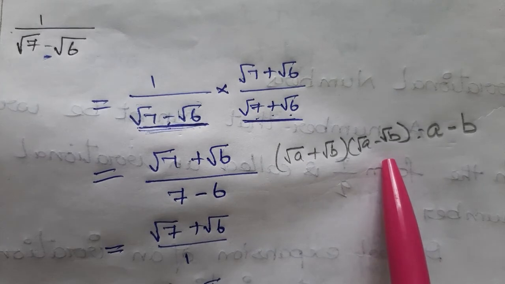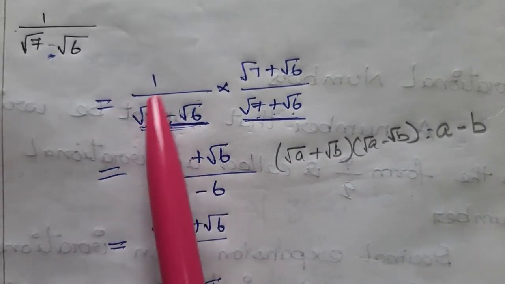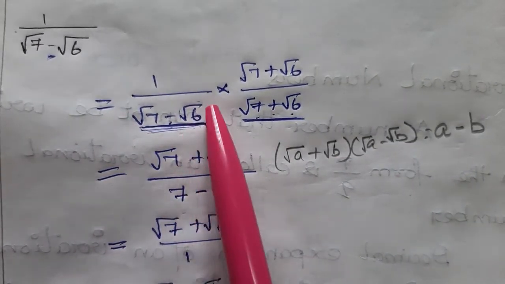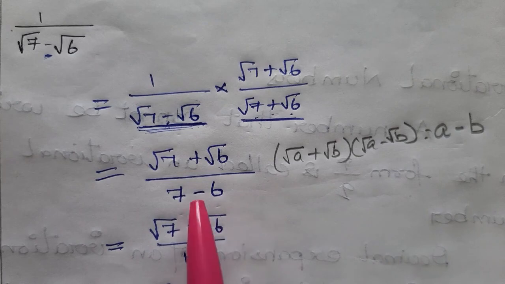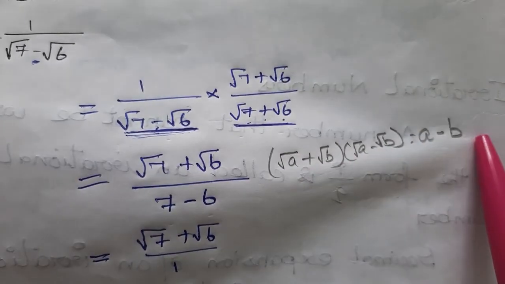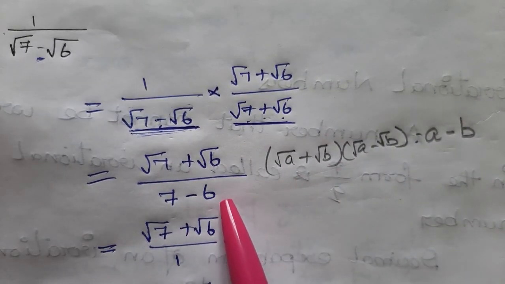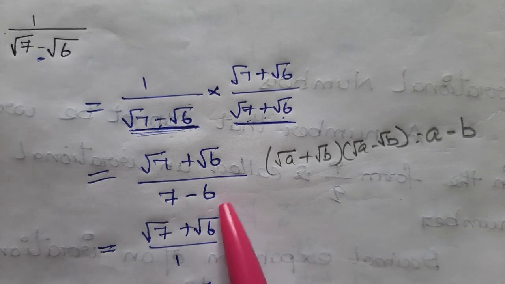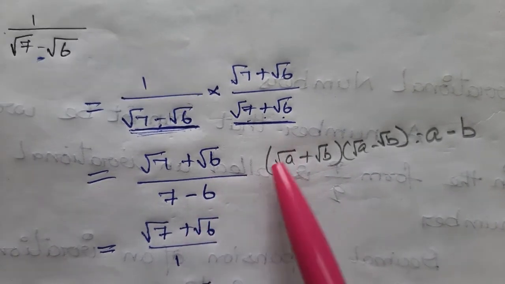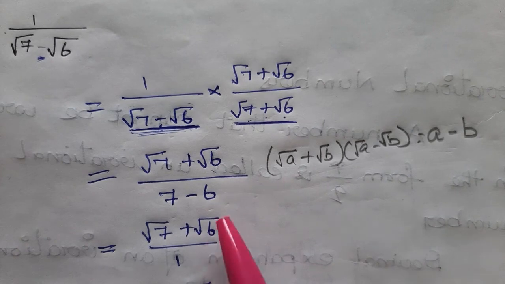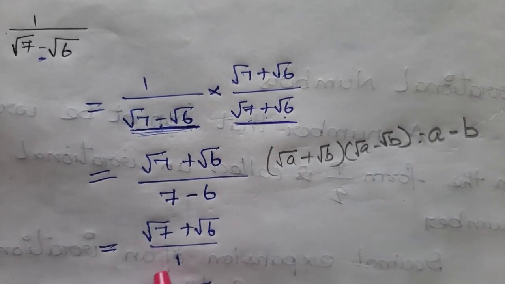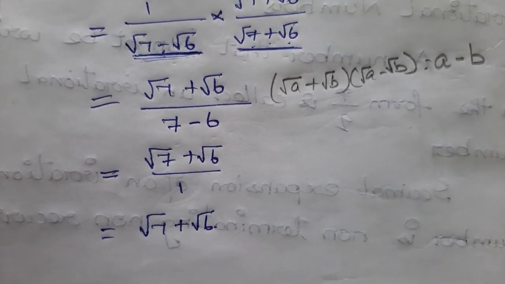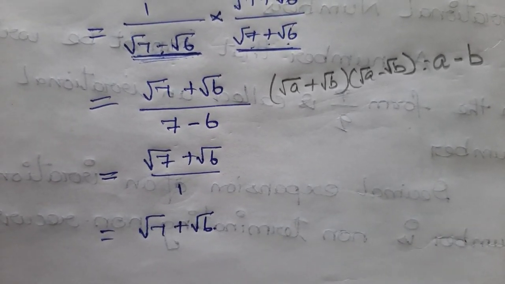If you feel it is difficult to remember this identity, you can also remember a minus b into a plus b, a square minus b square. So square root of 7 the whole square is 7, square root of 6 the whole square is 6. So you can remember that also. It will take one more step. If you remember this identity, you can do it in one step. If you do it without the radical identity, it will take one more step, but you will still get the answer. So here we divide by the denominator, and we obtain the rational. So this is rationalizing the denominator. Thank you.